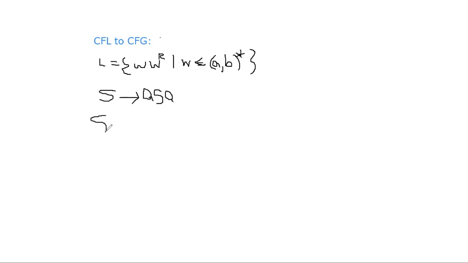Suppose the string contains B's, then BSB, because if the first symbol is B, the last symbol should be B. If you treat it as the first production rule, then these two become the first symbol and last symbol. Then you can expand S as either ASA or BSB. Then what about (A,B) whole star? It is null also, which we consider. We have already seen that if W is null, W reverse is also null. Then finally end S with null.